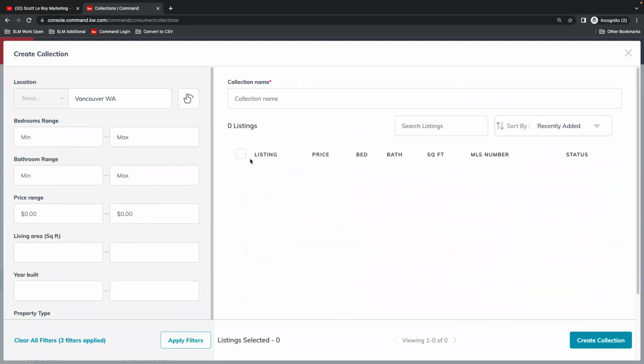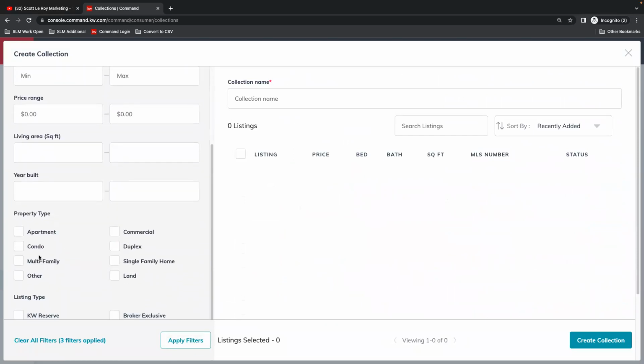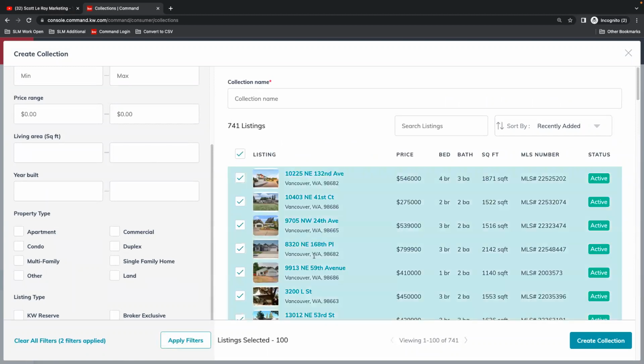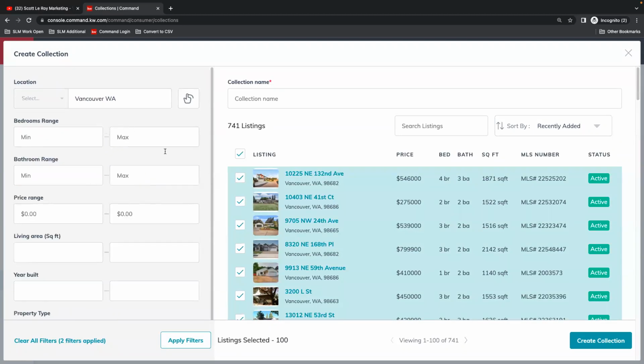And apply. Oop. Okay, we're going to uncheck that and just look in Vancouver. There we go. And now any of these listings, obviously you may want to filter a little more to be more exact for your clients, but I can create a specific collection